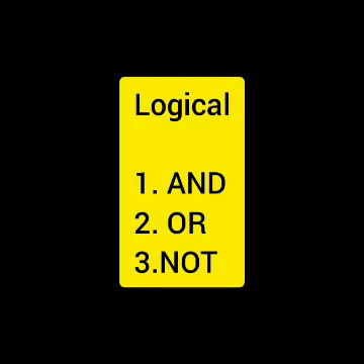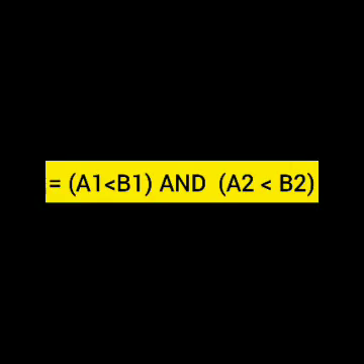For example, A1 less than B1 and A2 less than B2. If you give such an expression, it's a logical expression. It is combined using an operator called AND. It's a logical operator. Then this will give true as the result only if both expressions give true. A1 less than B1 ആയിരിക്കണം, അതേസമയം A2 less than B2 ആയിരിക്കണം. എങ്കിൽ മാത്രമേ ഇതിൻ്റെ ടോട്ടൽ റിസൾട്ട് ട്രൂ ആവുകയുള്ളൂ. അതാണ് ലോജിക്കൽ ഓപ്പറേറ്ററിൻ്റെ ജോലി. ലോജിക്കൽ ആൻഡ് ആണ് അങ്ങനെ ചെയ്യുന്നത്.